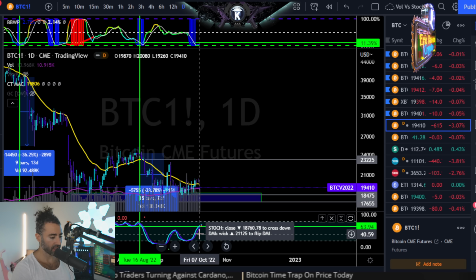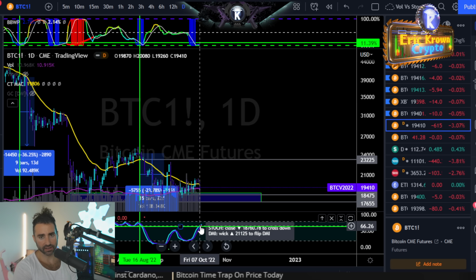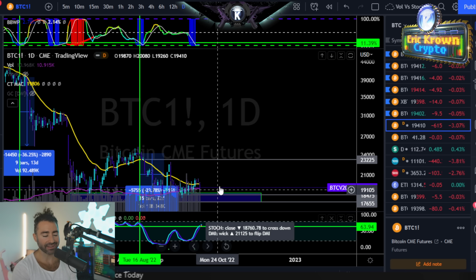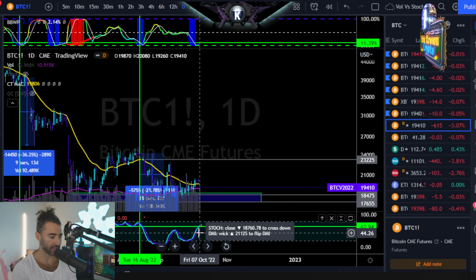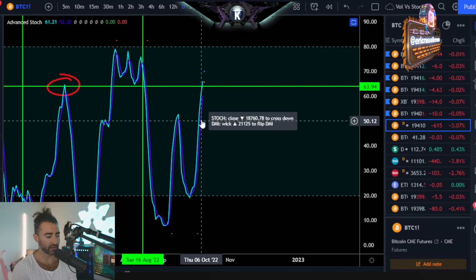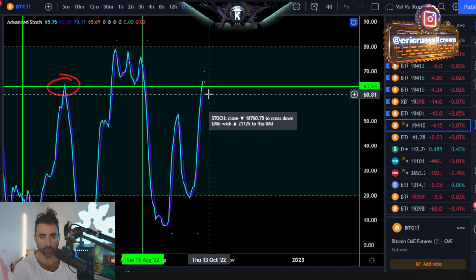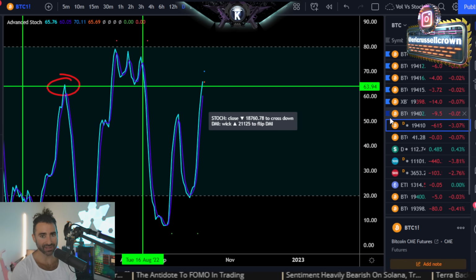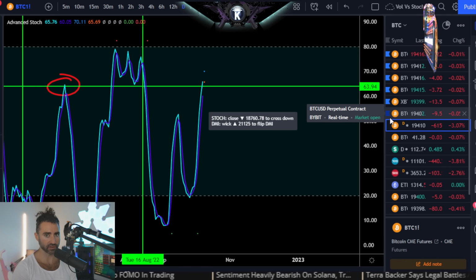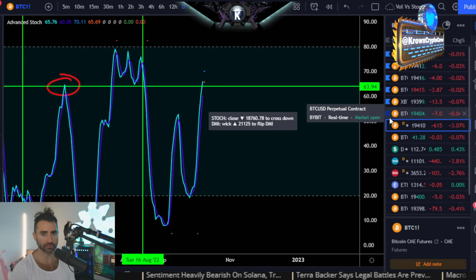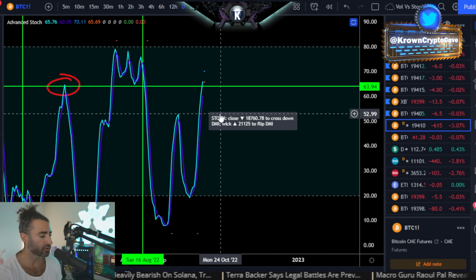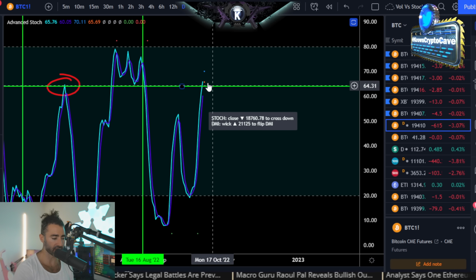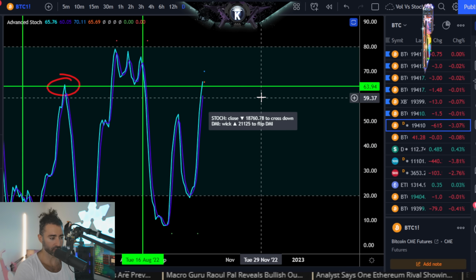And here's the thing. While Bitcoin did have that nice move up towards about 20,500 this past week, we did not see the actual signal confirmed in and of itself. And during that whole time, the daily stochastic oscillator for Bitcoin on CME was moving all the way up here, but not really doing anything specific on price action that mattered for higher time frame explosive continuation. So that is naturally going to be a bearish reset,